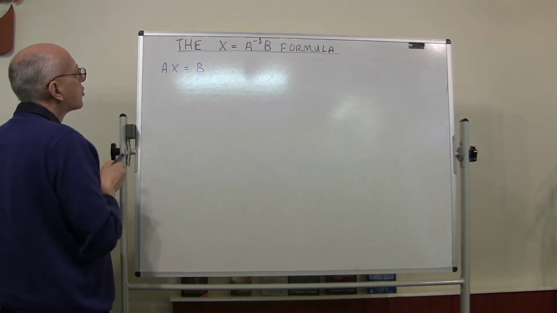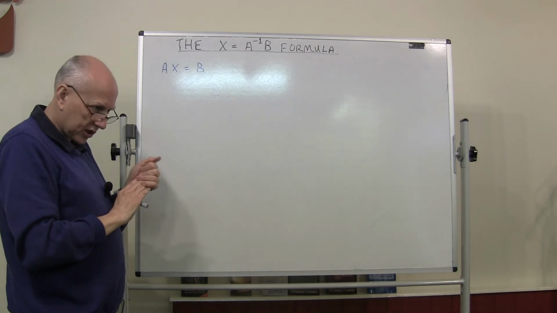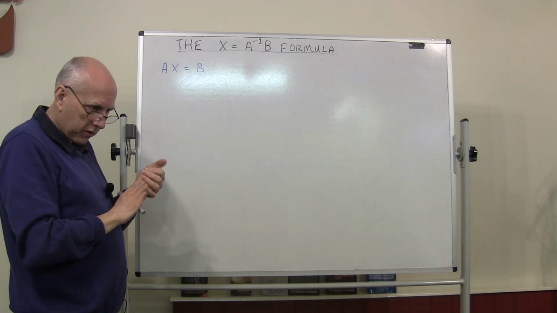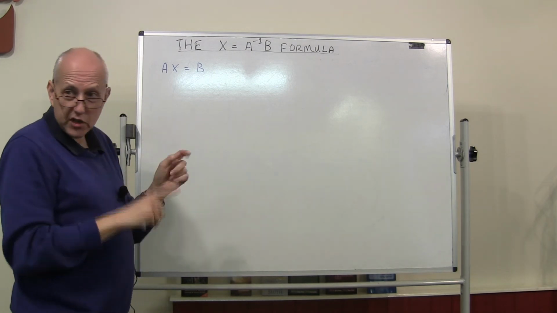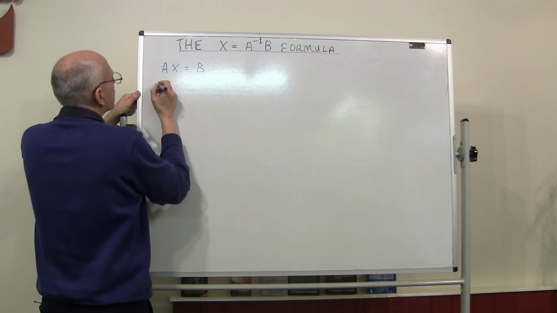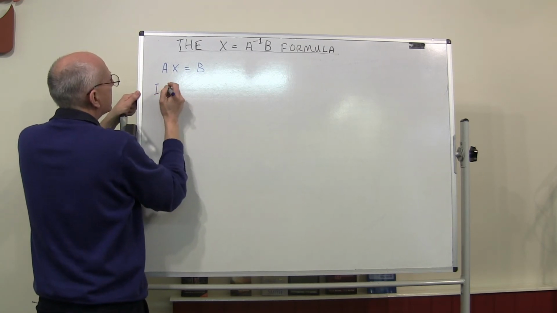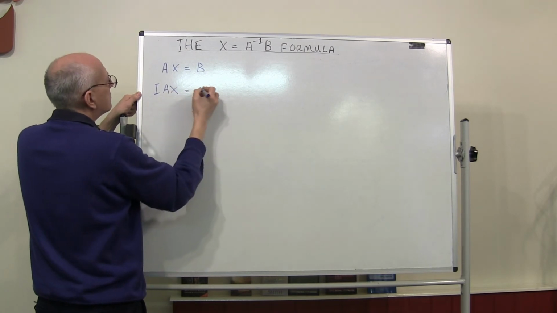Let's say I pre-multiply both sides. By the way, I didn't mention this earlier, in matrices you do need to define whether you're doing a pre-multiply or a post-multiply, because remember there was a difference. A times B was not B times A. So if I pre-multiply both sides by I, the identity matrix,